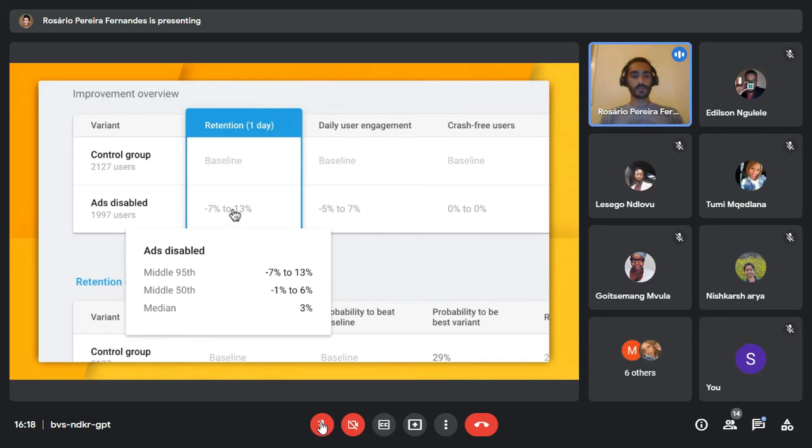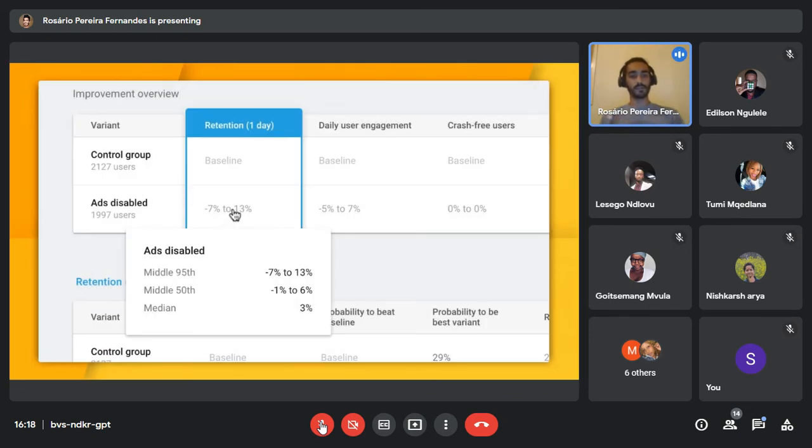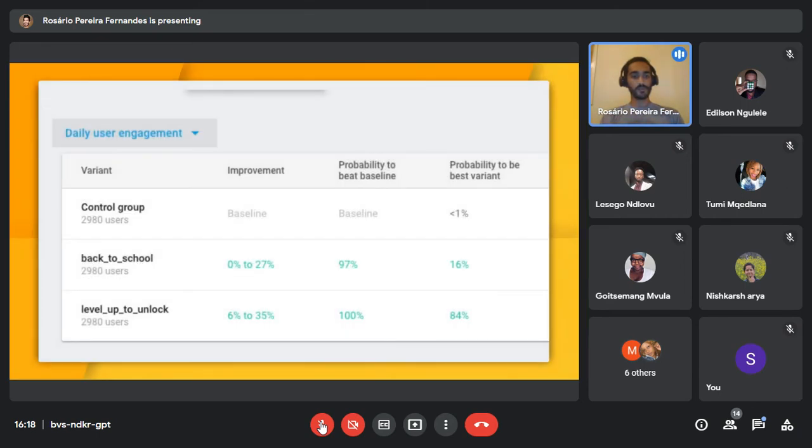And once the results are out, you're gonna get notified, and then you're gonna get a screen like this where you can see some results regarding your experiment. So you get some percentages and stuff.